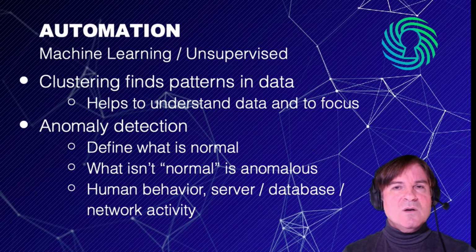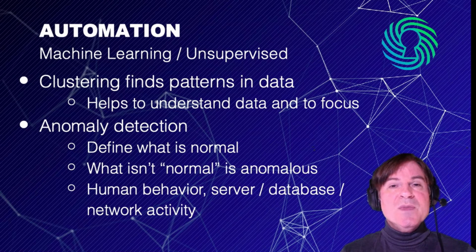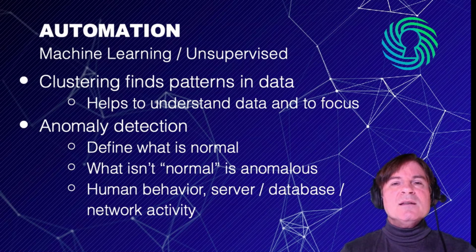In this context, though, anomaly detection is considered to be probably the most commonly used form of unsupervised machine learning. Here, the idea is to define what's normal. The machine learning will determine that for you. What's a normal transaction? What is a normal email? What is a normal behavior of a human being or activity on a server or on a repository, what have you? If it's not normal, it's considered an anomaly, an outlier, and is therefore likely to be a threat or at least an error.